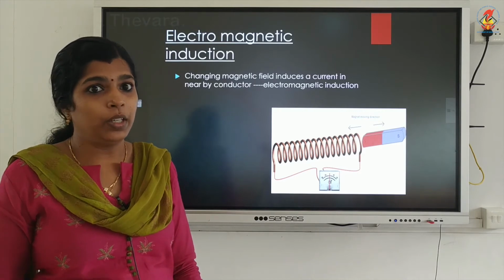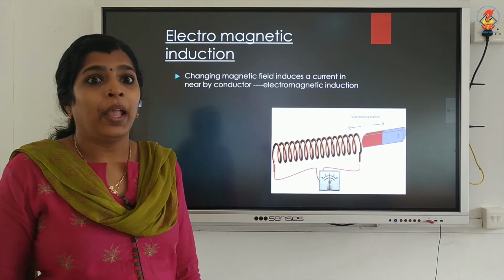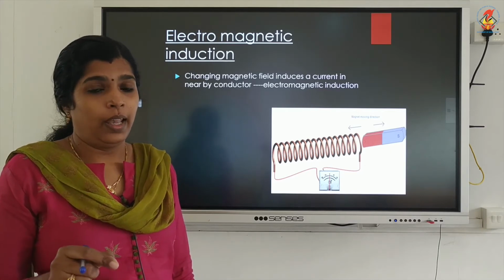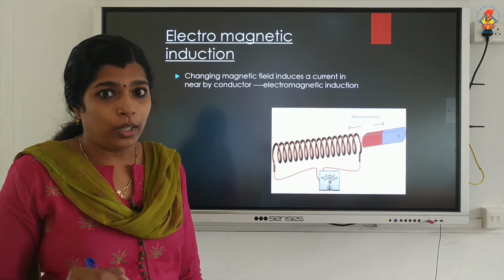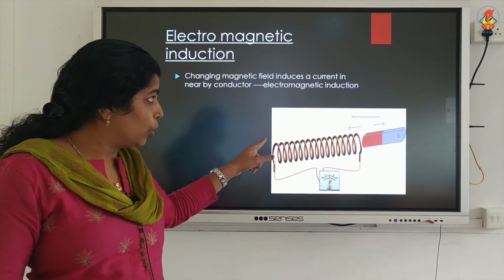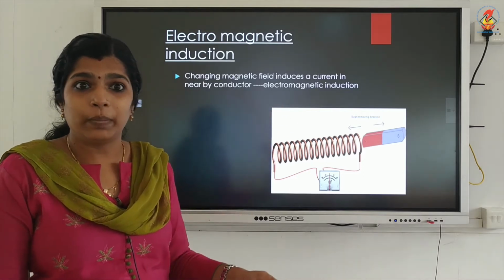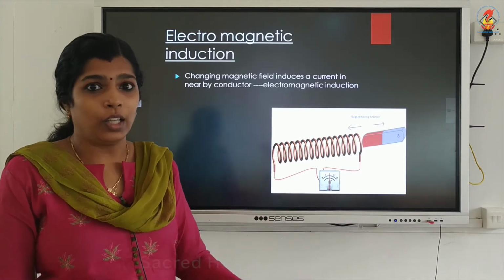It means a current is induced in the coil due to the movement of that magnet.